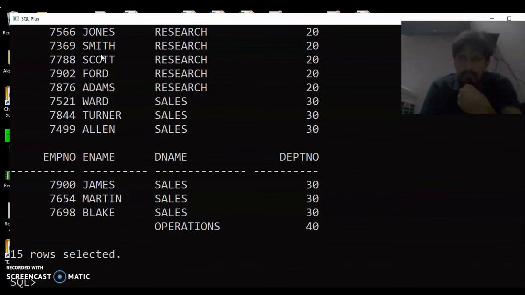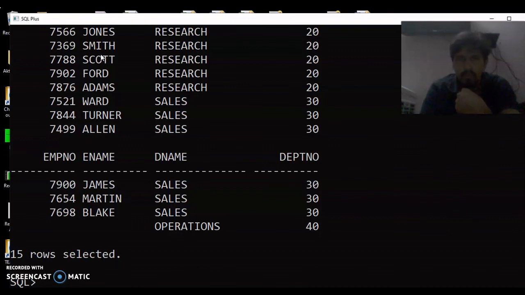Now last one, that is full outer join, in which both unmatched and matched records in both the tables will show. So in left join we saw that there is a record called Jatin, which is unmatched, and in right hand side we saw that there is a record called operations, department number 40. So in full outer join it will show both these records also.